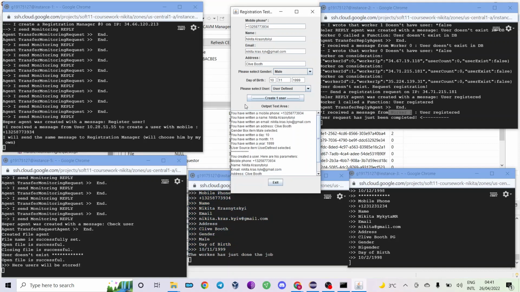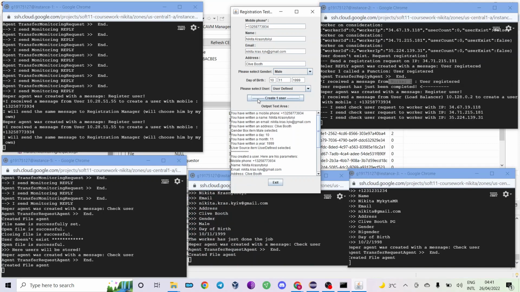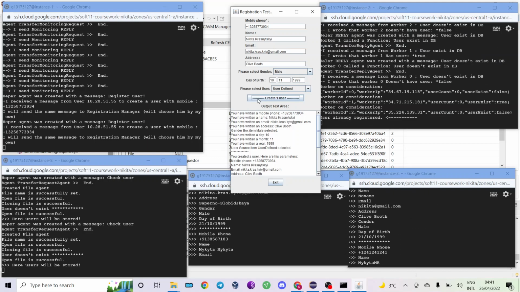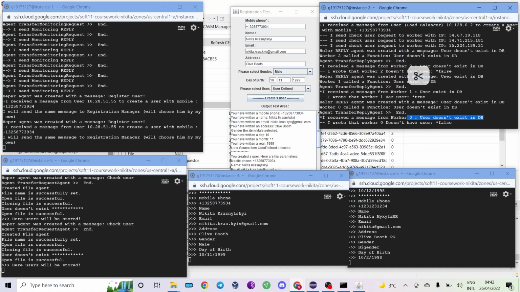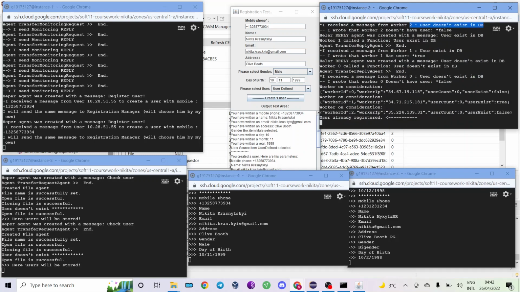Let me try to create this user again. It says user already registered, so it was not added into database. Everything is working. Each worker can check if the user exists in the database by checking the mobile phone. The first worker says that user exists in database, while others say that he does not exist. Based on this information, registration manager made the decision that user already exists and no